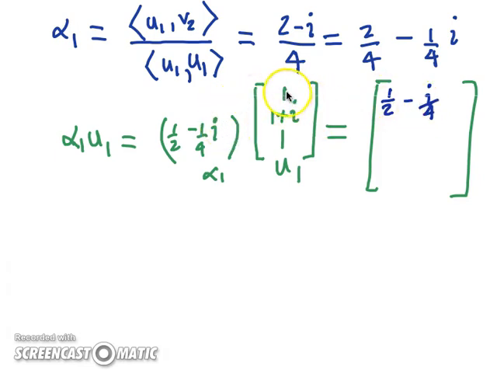So you multiply this scalar times every entry, which gives you a new entry, and then I'm just going to write what this looks like after you work and simplify a little bit. The second entry would look like 3/4 plus 1/4 times i, and the last entry looks like 1/2 minus 1/4 times i, right? So this is the vector that results from multiplying